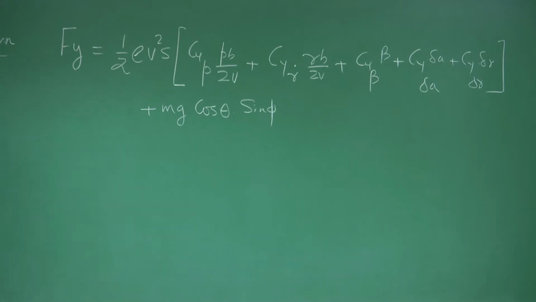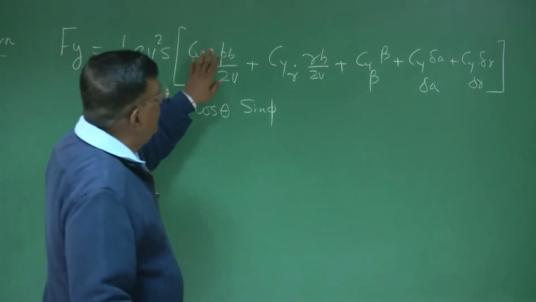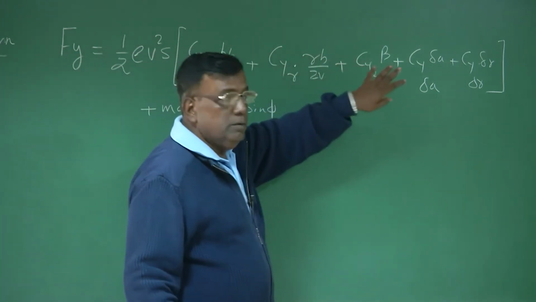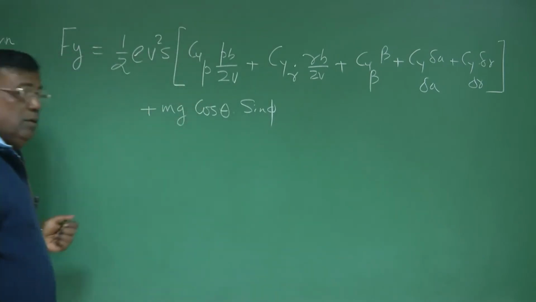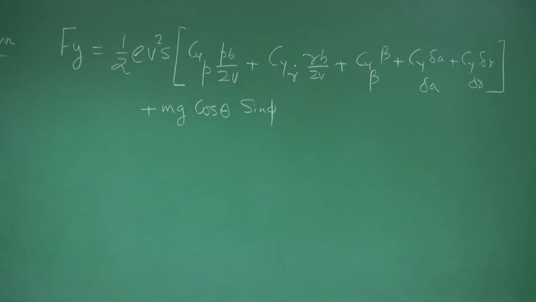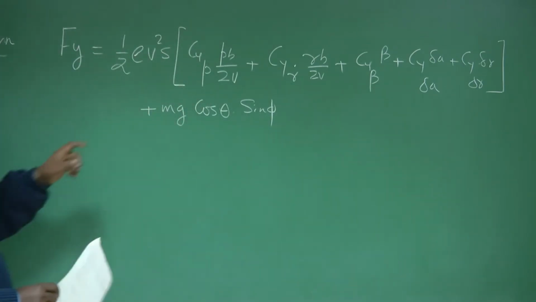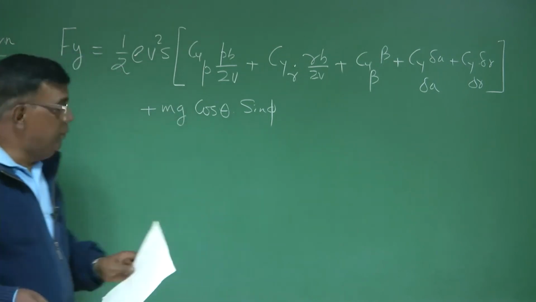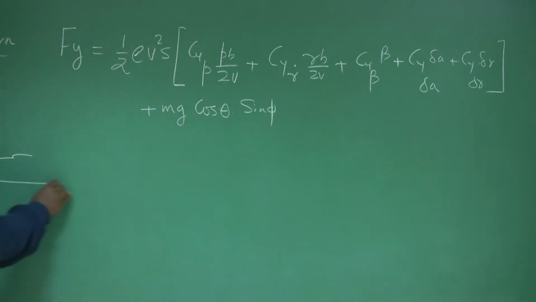Now the question is, we are talking about a steady coordinated turn. I would like to investigate which of these terms will contribute to a steady coordinated turn. What is CYP? Let us understand. What is CYP? It is the side force. Let's say if I take the axis system,